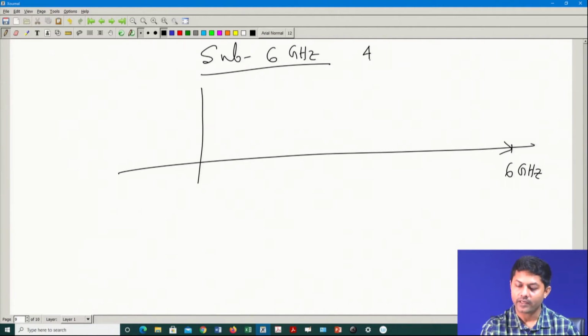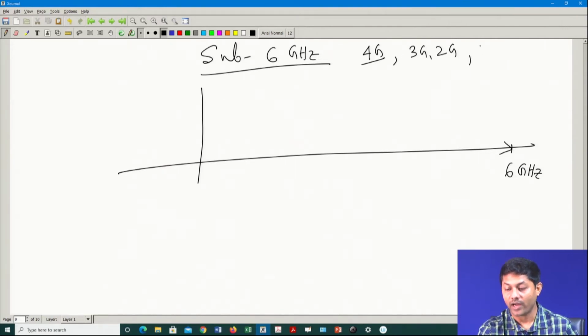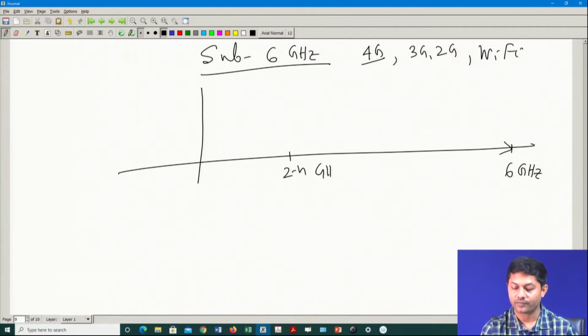So, let us say I am operating at 4G, but you do not have to just operate 4G, right. Everything else will also be there. Along with 4G, there will be 3G, there will be 2G, there will be Wi-Fi also, because for that you also have to allocate a band. There is 2.4 gigahertz here, and something around 5.2 or some gigahertz there also. That band is allocated for them also, plus you have 3G. So, that means this 6 gigahertz is very crowded, right. Now, you do not have anything left for supporting 5G. Everything else is just packed up.